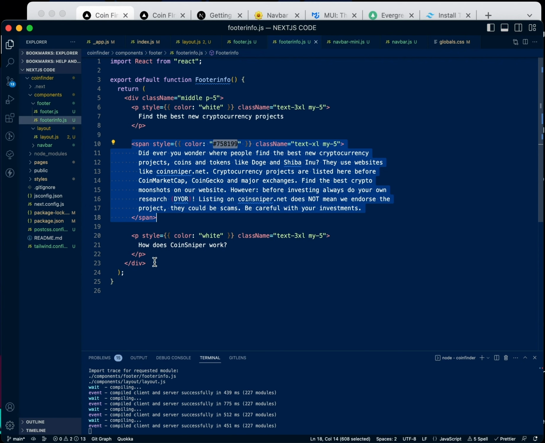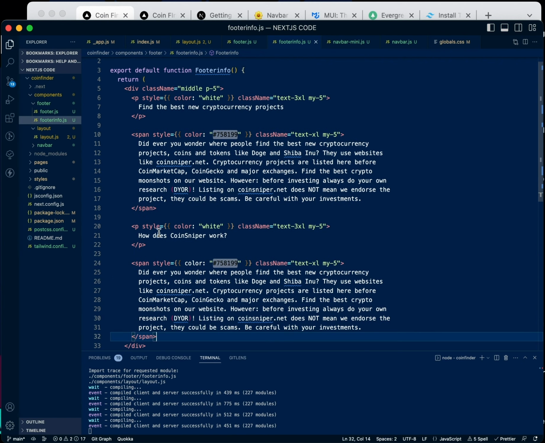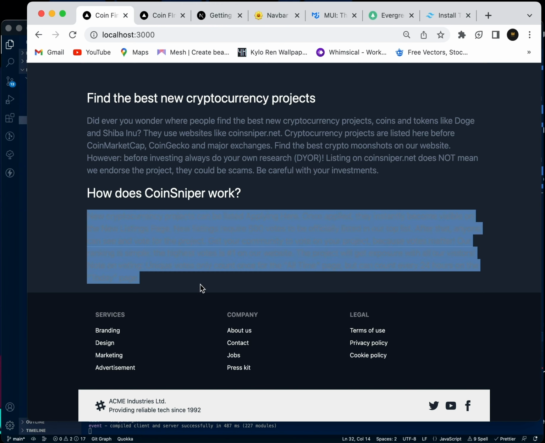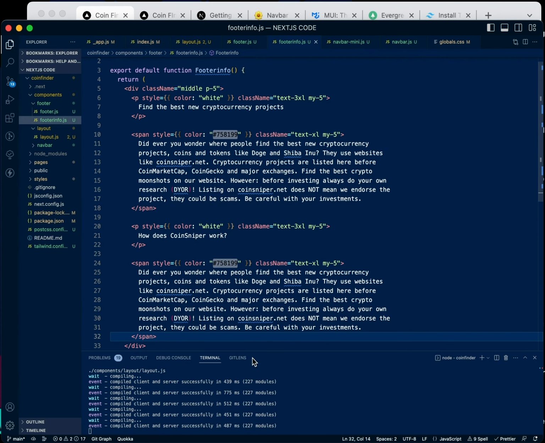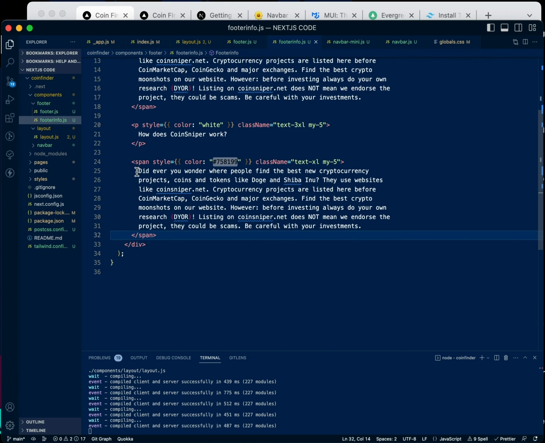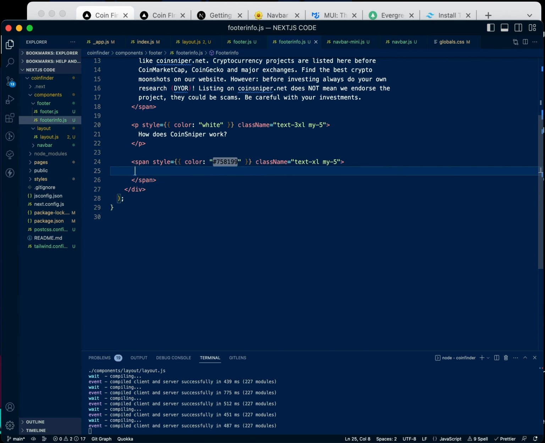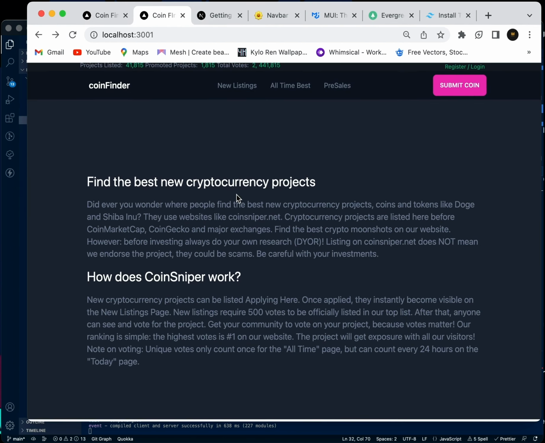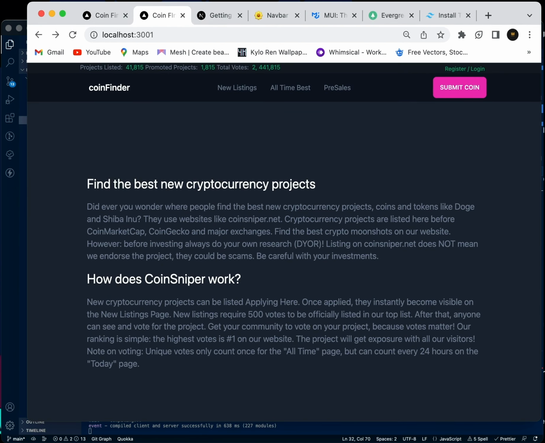Also take this, come back here, copy this, and we're going to paste that here. Save, and we can see it's working perfectly. Now in our footer,